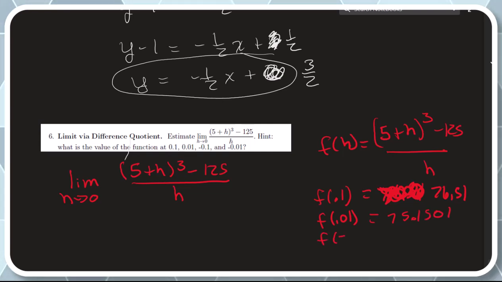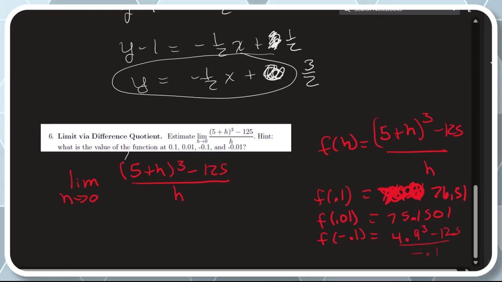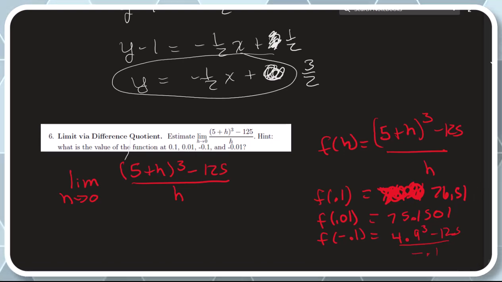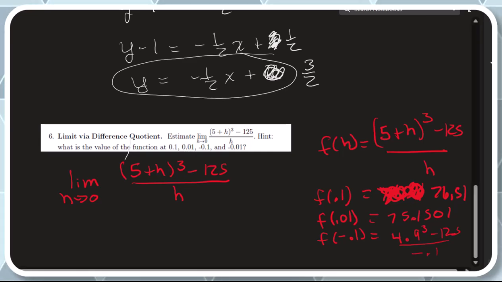If I take f of negative 0.1, so I take 4.9 cubed minus 125 over negative 0.1, I get negative